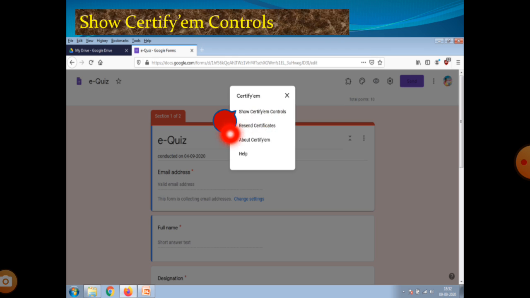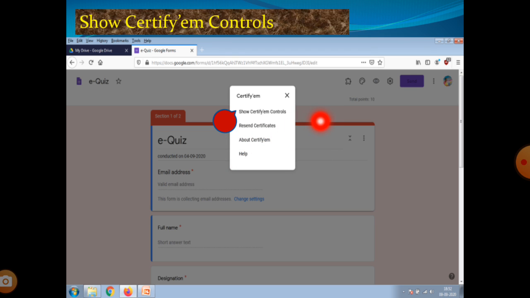If certificates are unprocessed, we click process and it will reprocess the certificates. About Certify AM shows many instructions and step-by-step guidance on how to start with certificates. If you face any difficulty or problem with the certificate add-on, we can click Help.